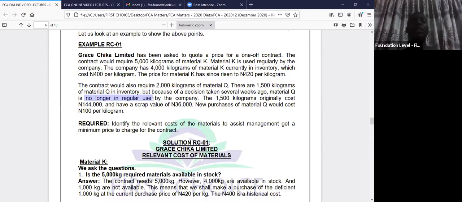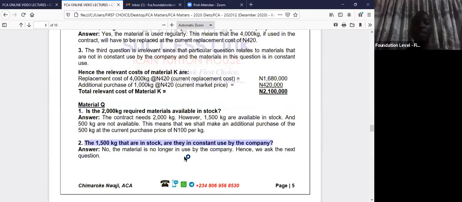The question here is the stock of 1,500 kg of material